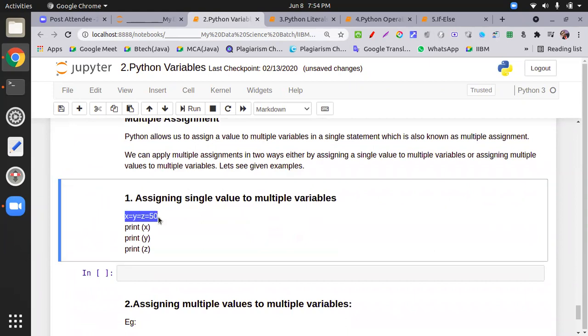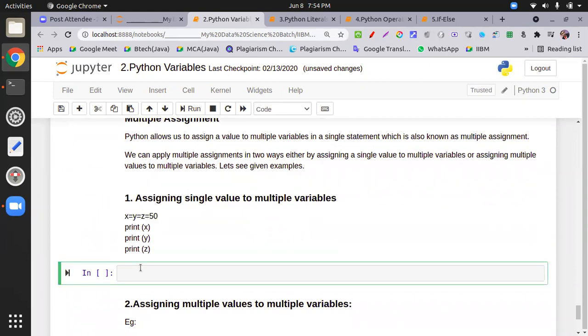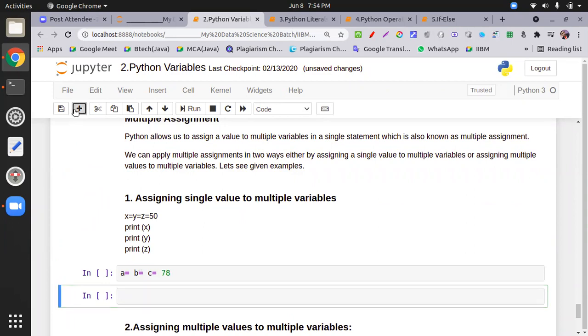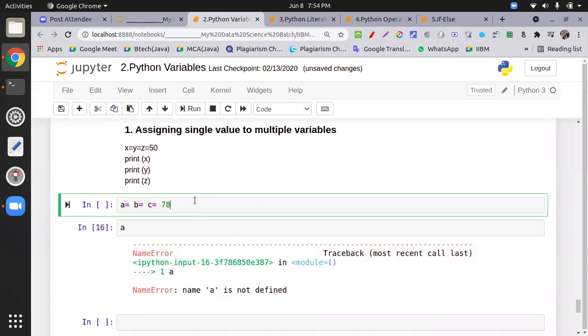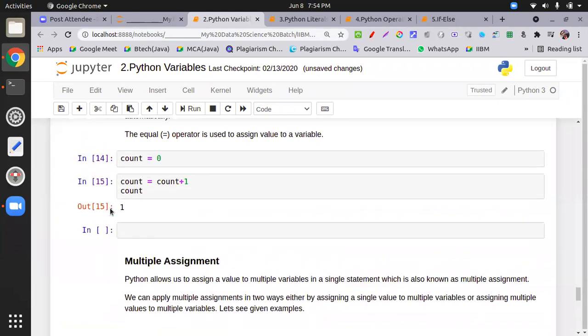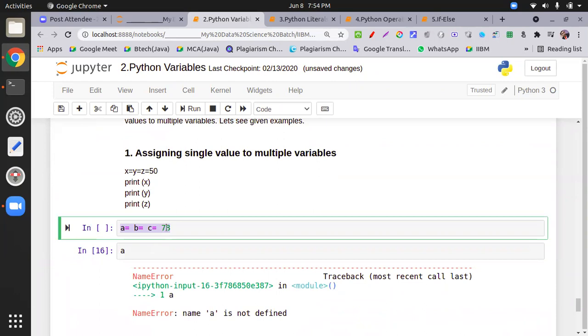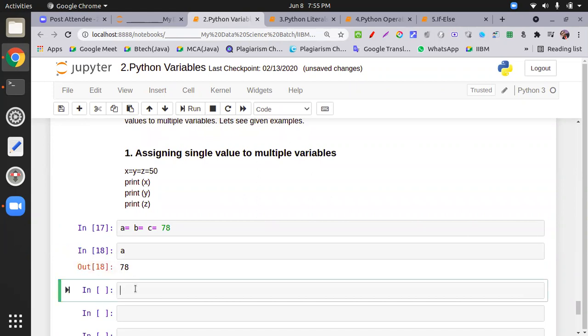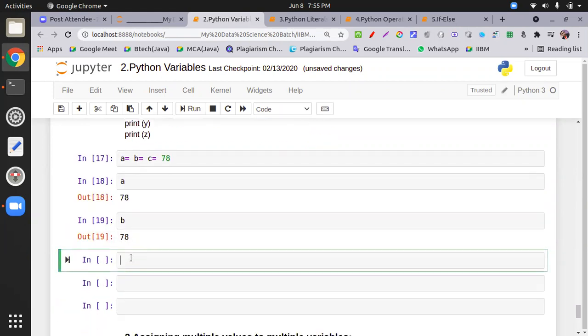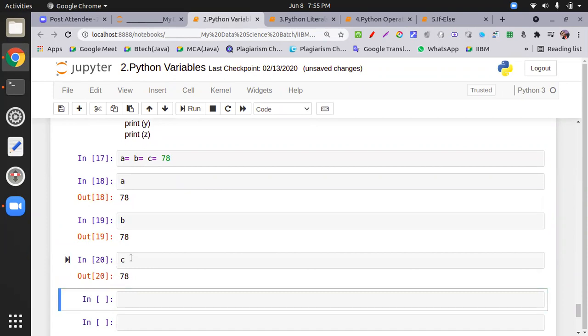Python allows us, if we have the same value to assign to multiple variables, to write a equal to b equal to c equal to 78. So this value 78 is assigned to all variables. If I print a, sorry, this line is not run. Sometimes we forget to run a line. How do we identify that the line is not run? The cell ID is allocated, in the manner in which you run the lines. After 15, I put this line and ran it, then 17, now run this line, 18. So a, b, and c is a multiple assignment you can do in Python.